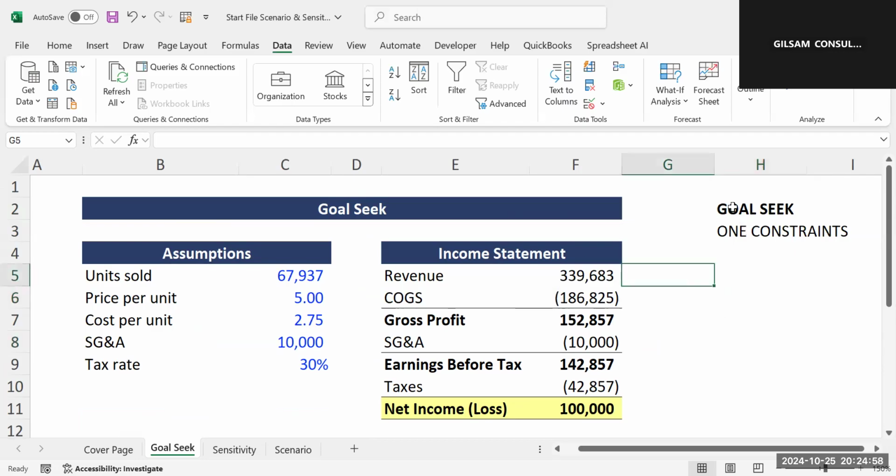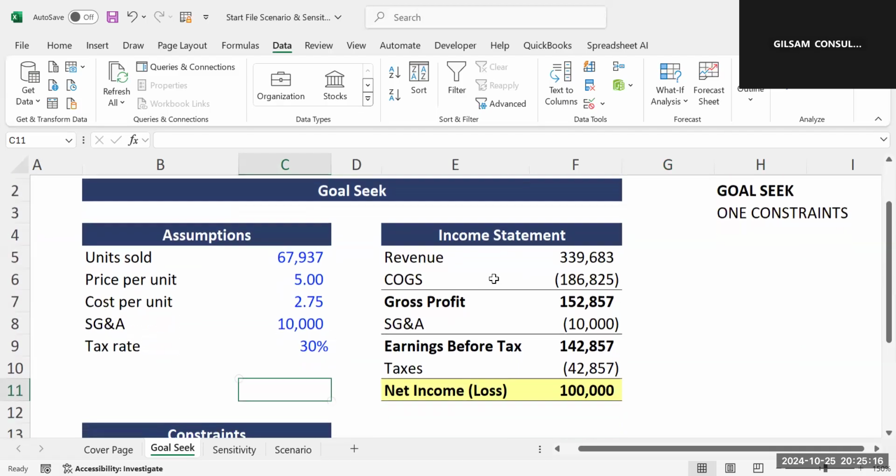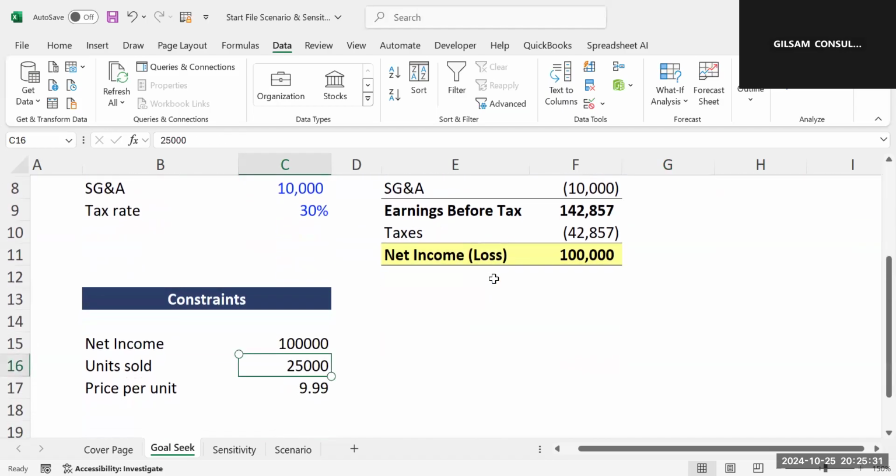Then, what about now? Say we want to introduce that we need to get the net income of 100,000, but at least we need to change the unit. Our units should be not more than 25,000. If you look here our units are at 67,937, which is so optimistic. We are not sure whether you will achieve selling that per month. So it's so optimistic. Now we want to reduce the units, the units should not be more than 25,000, but